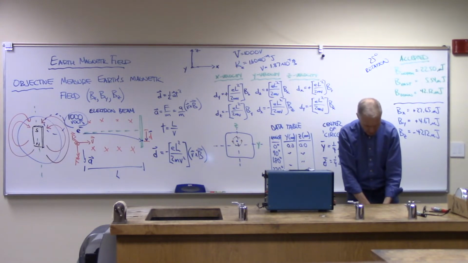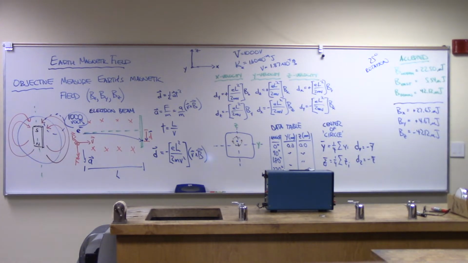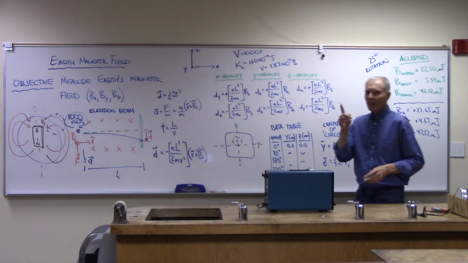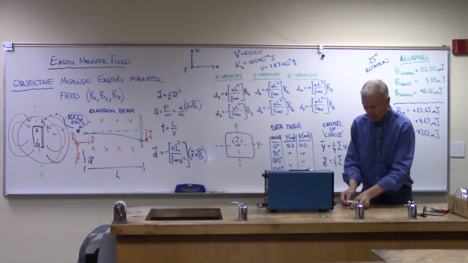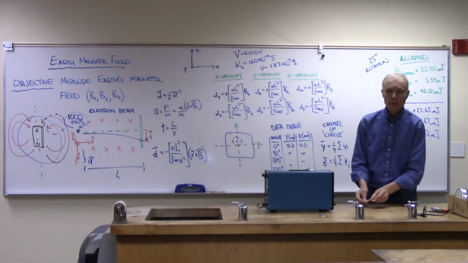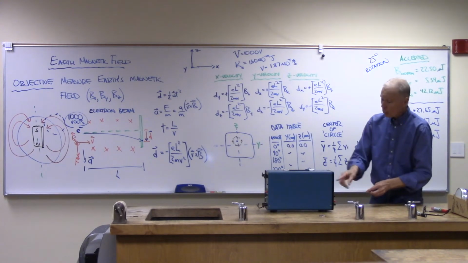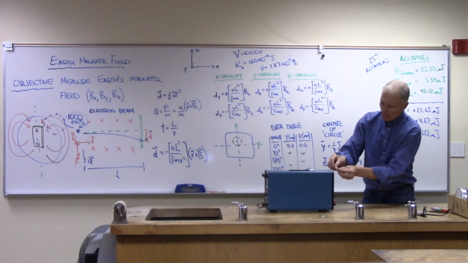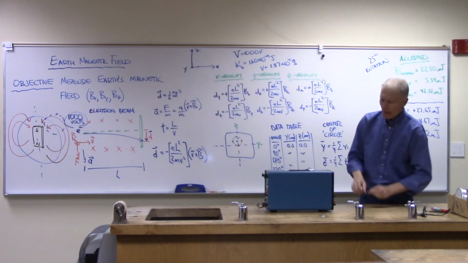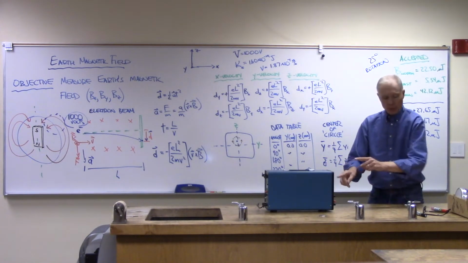When I rotate this, let me see if I can track down some masking tape. I did. So that I don't get mixed up, what I'm going to do is I'm going to write x on here and place it on that axis. Y, sorry, this is y. And then I'm going to write z on here and place it there,